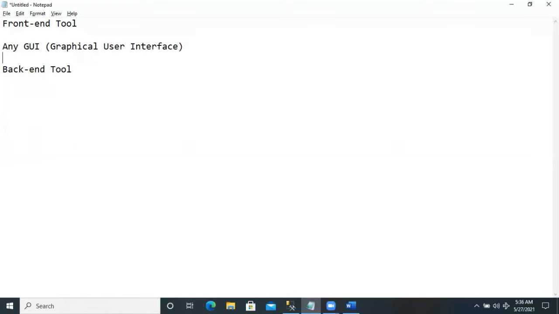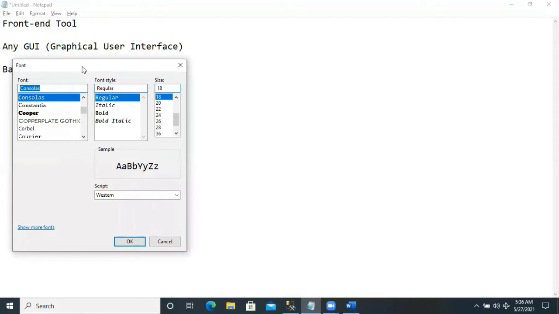The best example of a GUI is the Notepad application. In Notepad, I have the file ribbon, edit, format. Again, I'm selecting the font option from the format, and I get the GUI. In this application, we have labels, text controls, list boxes, combo boxes, and command buttons. I'm using this GUI to change the font style in Notepad. I'm not able to store any kind of information here.